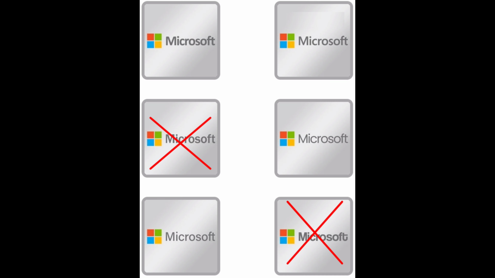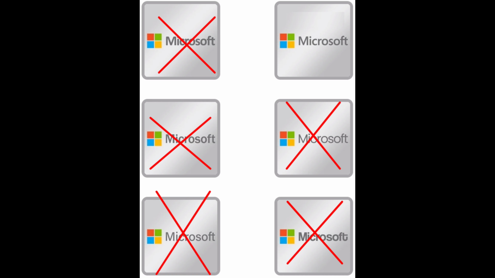The next hint is that the letters I and C should not be near to each other. You can see I and C are close to each other, so we will not qualify this as the answer. Now the next hint is that the word Microsoft should not be too dark. You can see here this is too dark, so we'll disqualify this as the answer. Now the last hint is that the word Microsoft should not be too dark, not too bright. And you can see this is too bright, so we'll disqualify this as the answer and qualify this as the correct one.